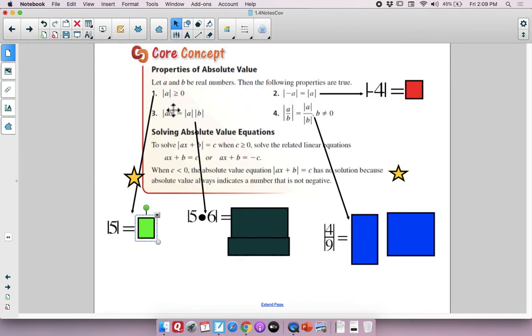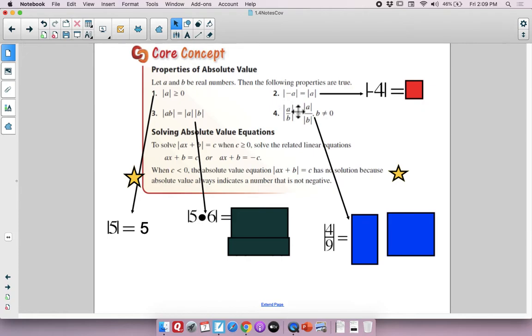We know that the absolute value of any real number on the number line is greater than or equal to 0, right? It's never negative. Non-negative is a way of saying that. And an example of that is down here. Absolute value of 5 is equal to 5. Now, I could have used negative 5, put that in absolute values, and that would have been equal to 5, which is greater than or equal to 0. An absolute value is non-negative. It's 0 or bigger.